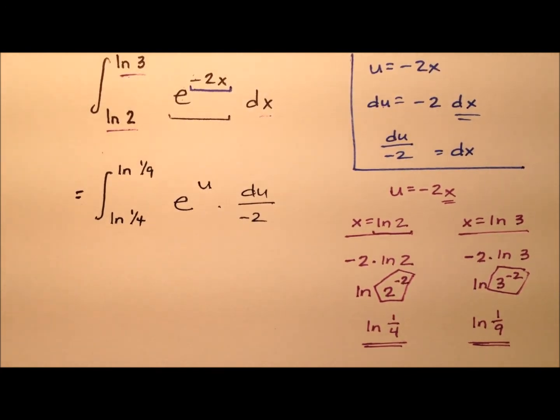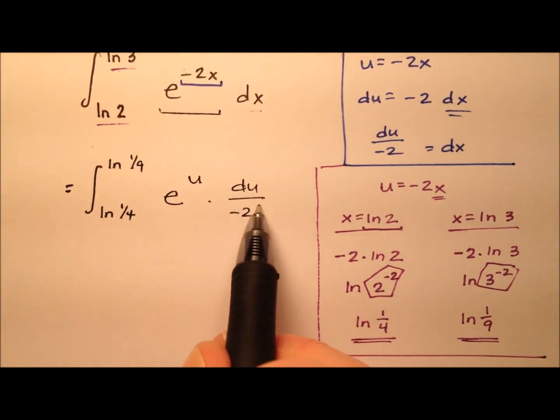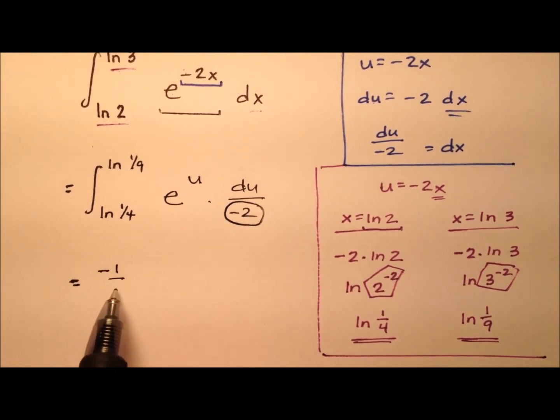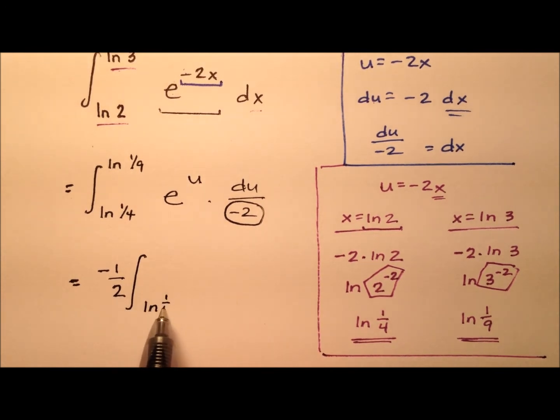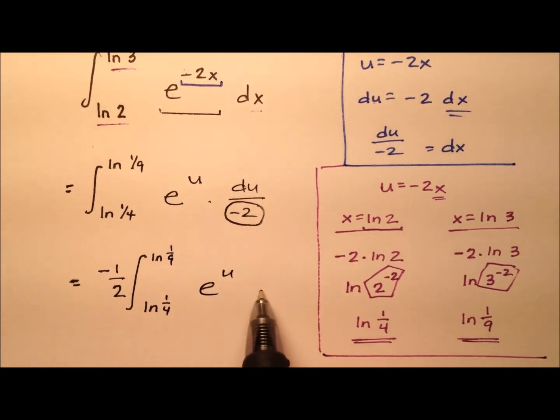Okay, so that's kind of where we are right now. We'll go ahead and block this off as well so that doesn't get in our way. Okay, so this negative 2 in the denominator, we could bring that out front and use that as a constant out there. So we have the natural log of 1/4 to the natural log of 1/9, e to the u